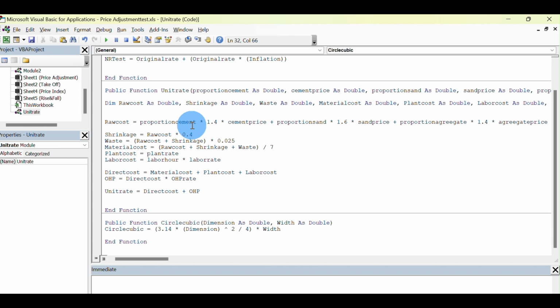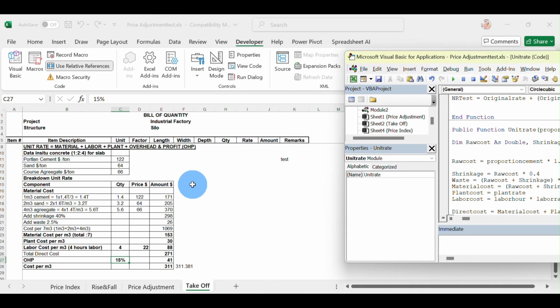Although this is a little bit complicated, it is basically based on our previous explanation. So we also specify some arguments: proportion cement as double, cement price as double, and proportion sand as double. All the arguments are the variables that we will have to input, and Dim is dimension in memory: raw cost as double, shrinkage, and waste are other variables that will change when we input our arguments here. Okay, so I will zoom in,